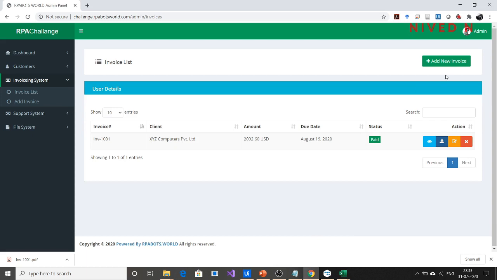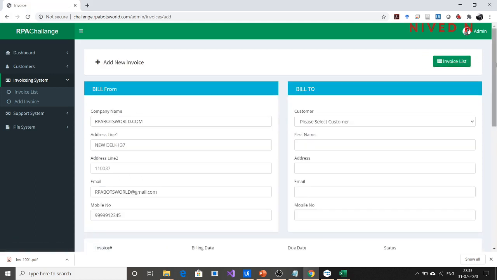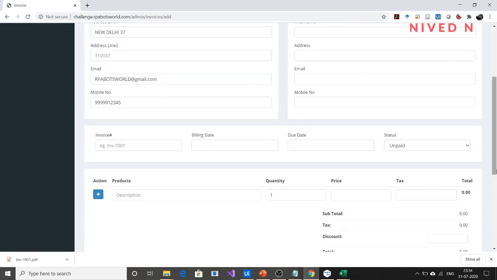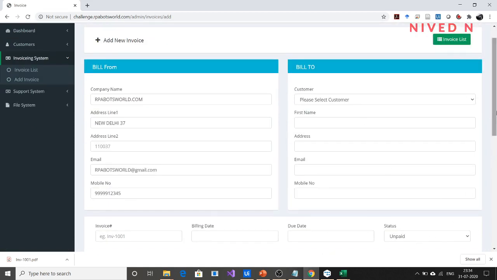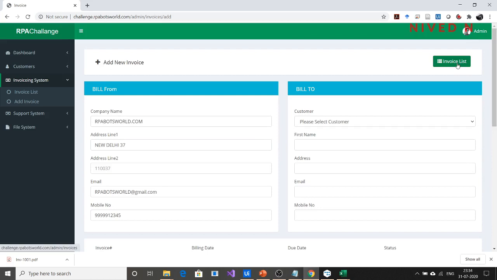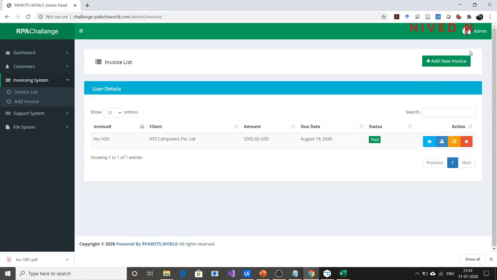So we want to add... for that we want to click on this add new invoice, because when you click on add new invoice, it will move to the page where we can create our invoice. Okay, so for that we want to click on add a new invoice. So for that